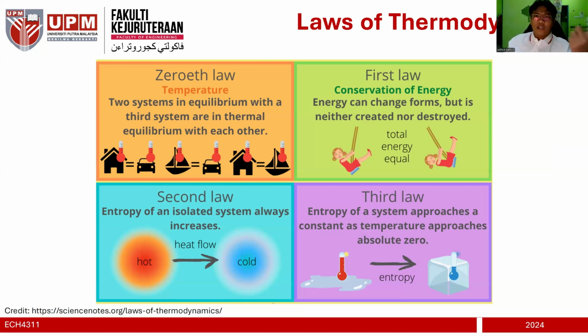All right, you have a zeroth law, and you have a first law, which is conservation of energy, kind of like conservation of mass. Energy can neither be destroyed nor created, so it can only change form. For example, a bullet traveling at, let's say, two times the speed of sound, around 700 miles per hour or 700 kilometers per hour, and then it is being stopped.